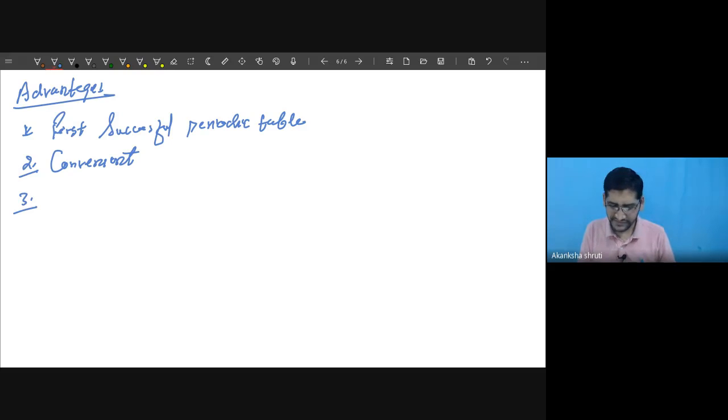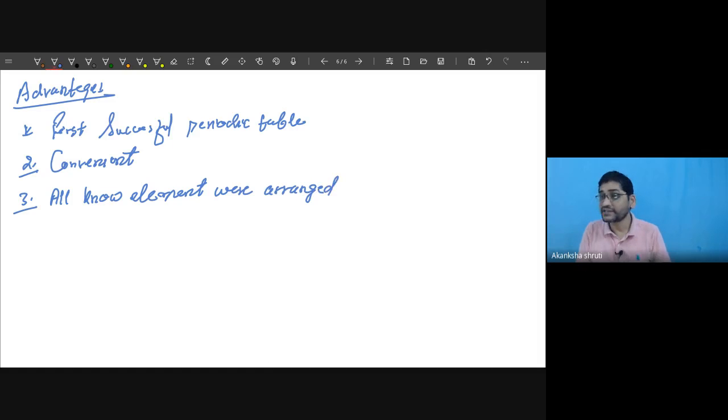The third one, what was it? All the known elements were able to fit into this. All known elements were arranged. It was not only this much, rather this classification was so important and so helpful in chemistry that he had also predicted that there will be some future element for which he had left some vacant space in his periodic table. So write that. He has predicted